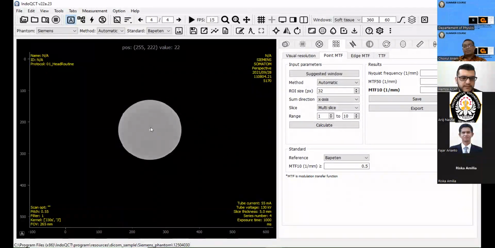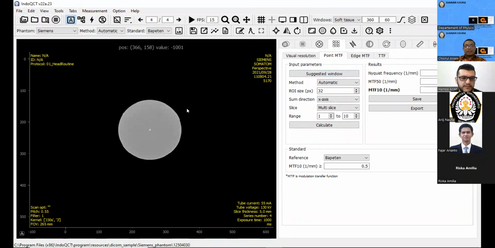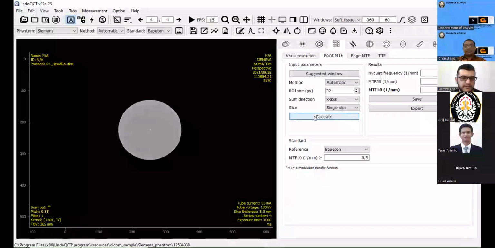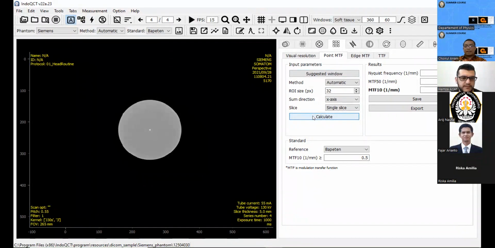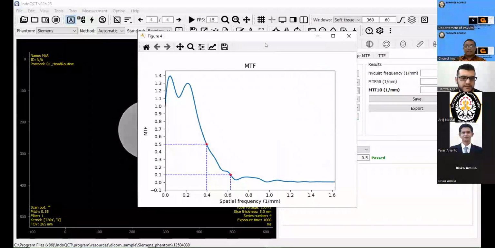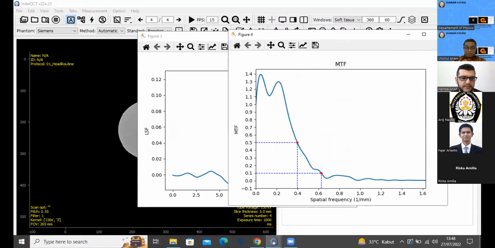By using IndoQCT, because in this example we only have one slice, we choose the single slice. After this we press the calculate button, and we get the automatic measurement of the point MTF.